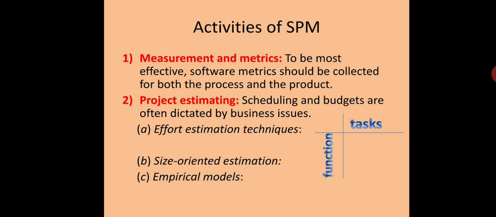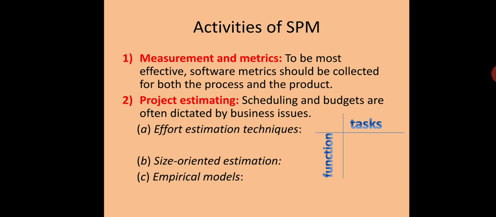The second is size oriented estimation. Whenever we say size oriented estimation, we have to measure the size of each function in the given project. If we have a list of functions, how do we get this list? We just decompose the entire broad scope of the project and we get the various sub functions. Like in your projects, they are basically various modules which are going to be part of your project. Similarly, these are the functions.